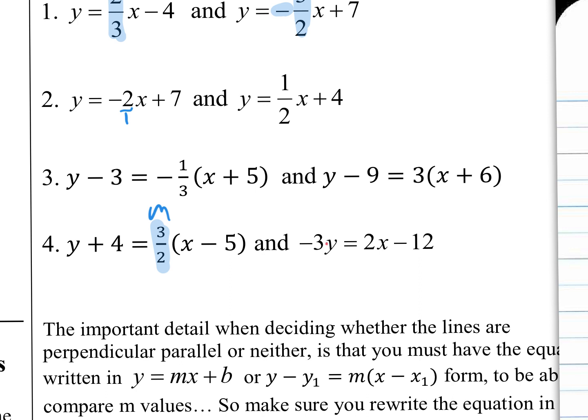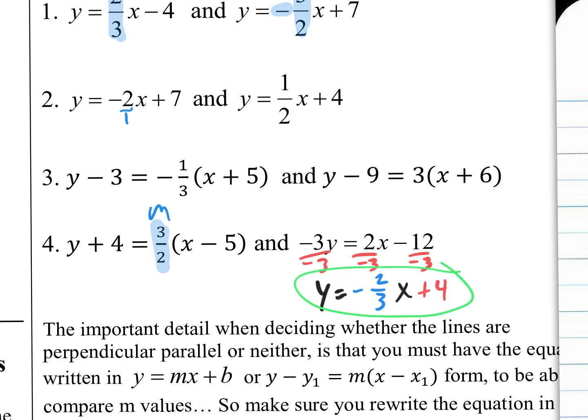This really says -3 times y. I don't want a -3 times in front of my y. I just want the regular y. I want y equals mx plus b. I don't want a -3 times y equals mx plus b, right? So let's get rid of that multiplication of -3 by dividing by -3. So my new equation in slope-intercept form is y by itself equals, we always write the negative out in the front, and we have a fraction 2/3 with an x, and then a -12 divided by a -3 is a +4. Here's my new slope-intercept form equation,